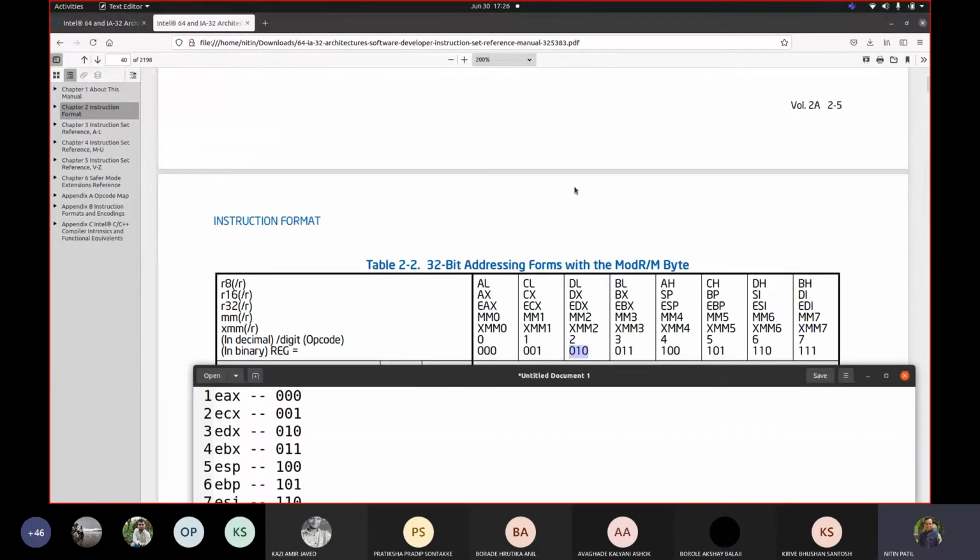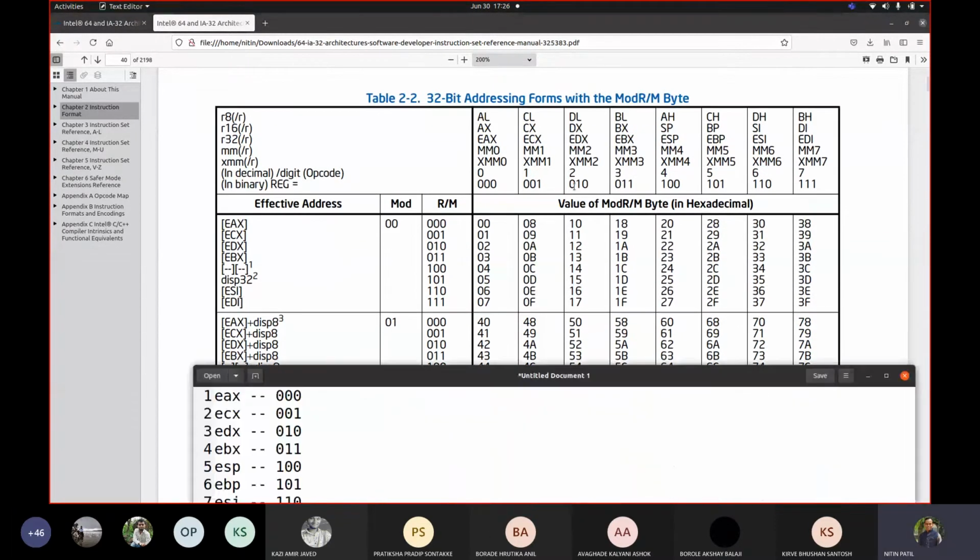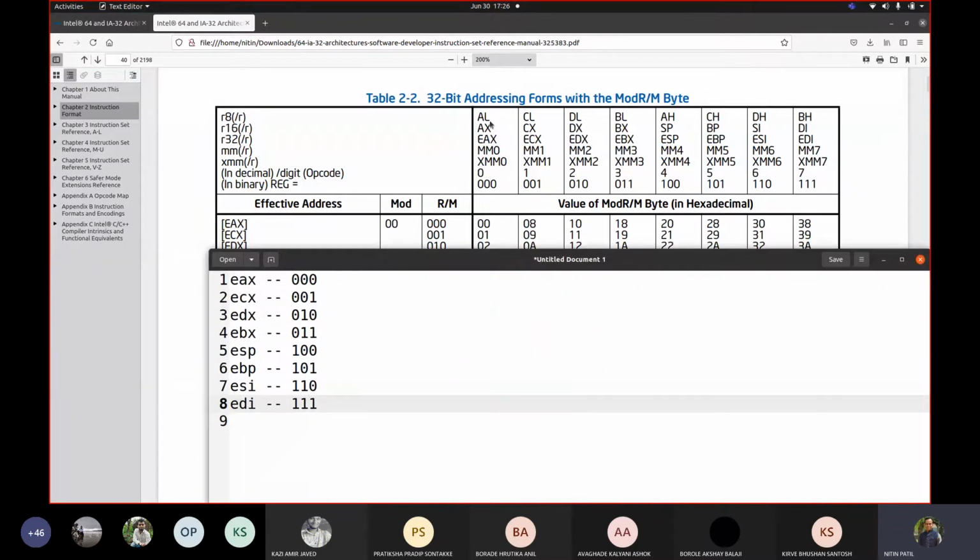let us go up. See, EAX 000. ECX is the second number, 001. EDX 010. EBX 011. ESP 100. EBP 101.